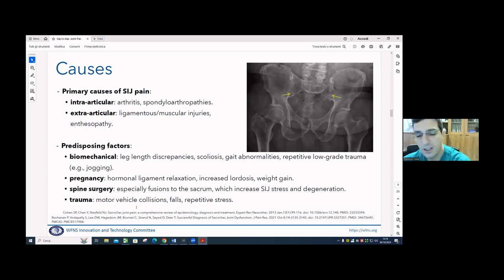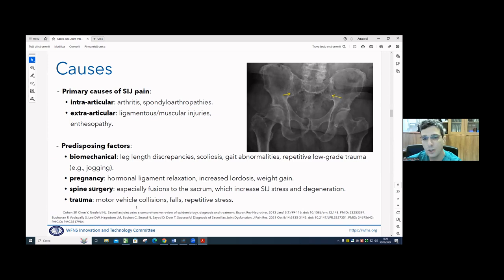It's well known that lumbar fixation can stress this joint in a similar way to adjacent level pathologies. We can have a distress from this point of view. In the literature, there is no difference between lumbar fixation and lumbar sacral fixation. Also, if the sacrum is involved in the fixation, there is a higher degree of this problem,